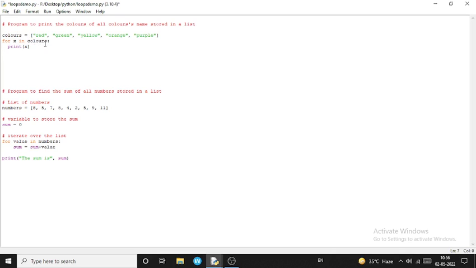For x in colors means here x is the variable that takes the value of an item inside the colors on each iteration. And this for loop continues until we reach the last item in colors. The body of the for loop is separated from the rest of the code using indentation.